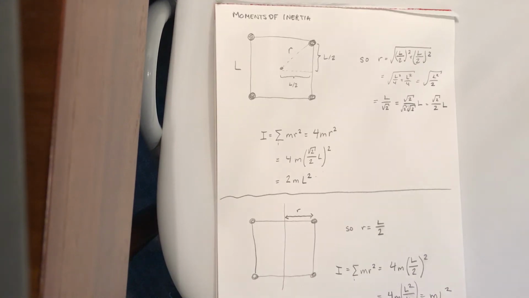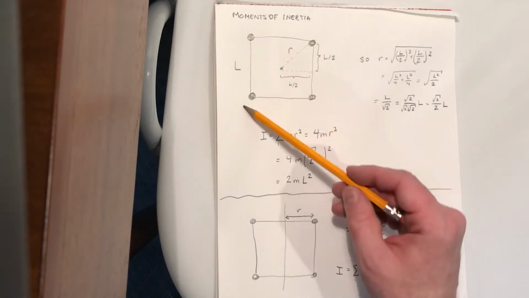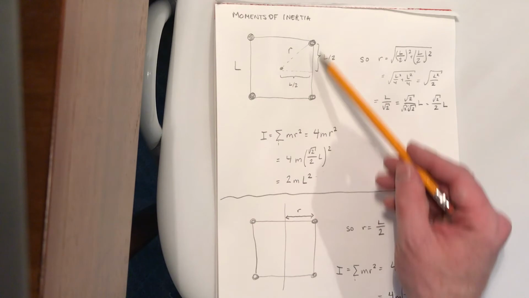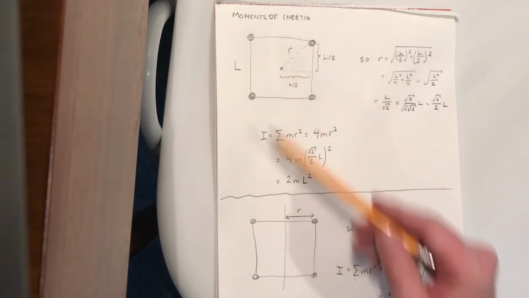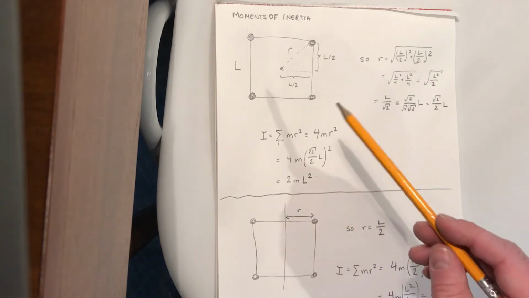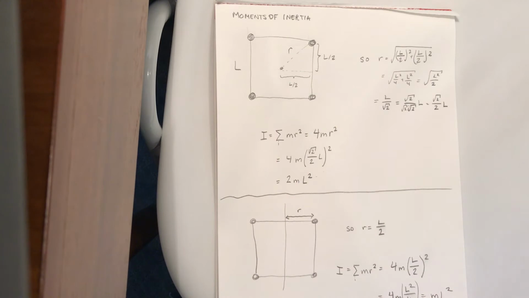Here are a few problems solving for the moments of inertia. What's useful about these problems is that the configuration is the same in both cases. We have four masses arranged in a square pattern with a length L in between each of the masses. But what's different in these two problems is the axis of rotation, which is the important part for calculating the